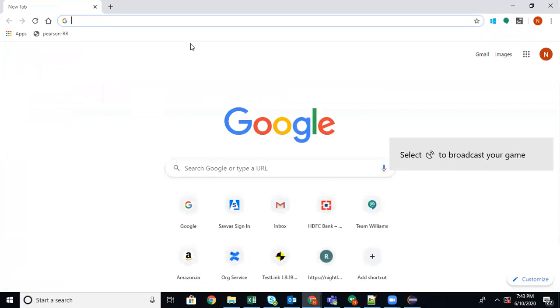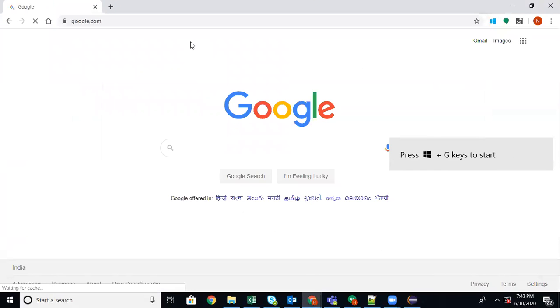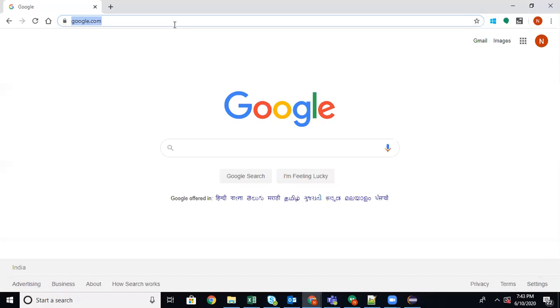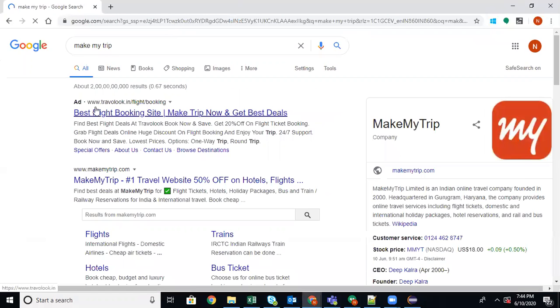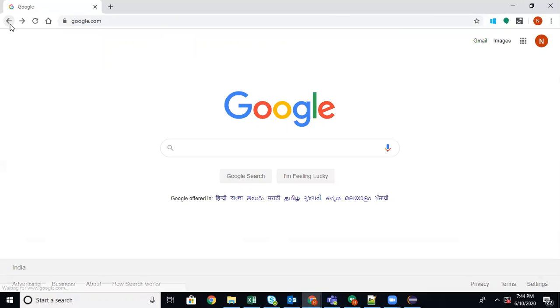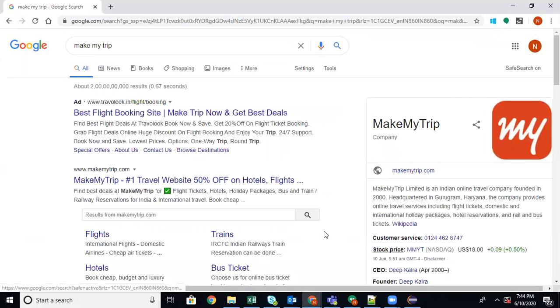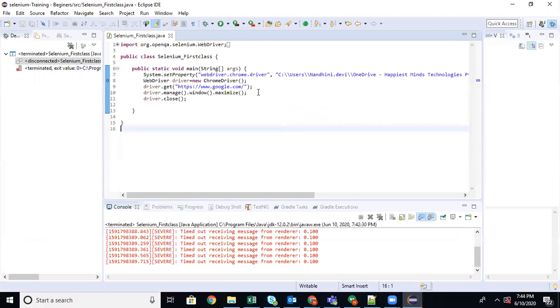Okay. Now launching the URL. If I want to launch some other URL in this bar, then this is navigating from one page to another page. Navigating backward means clicking on the back button. Navigating forward means clicking on the forward button. We are going to learn how we can do these three steps.